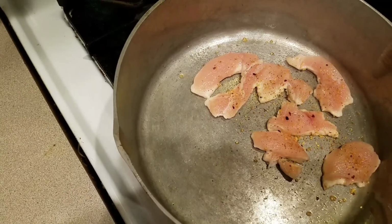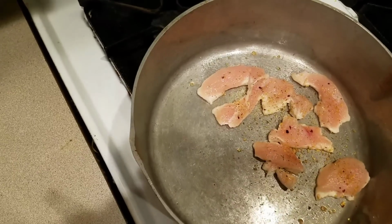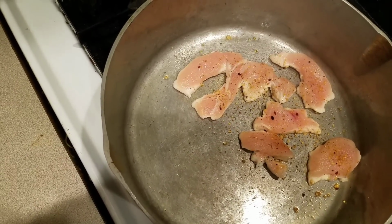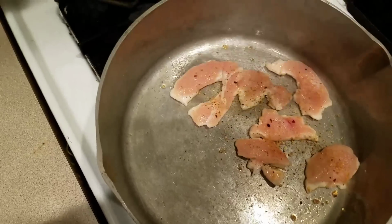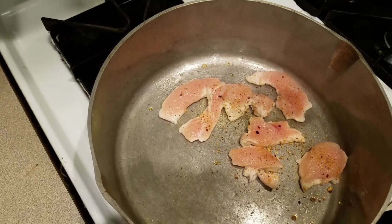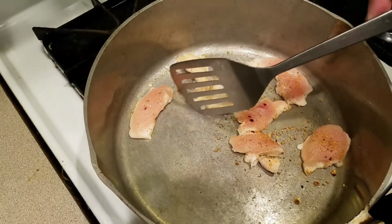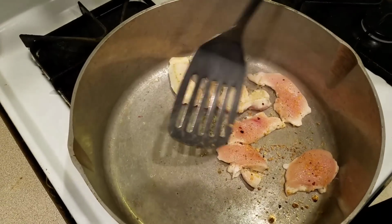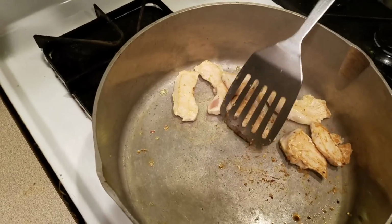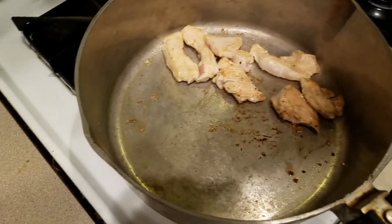Now I usually watch for them to start turning white like that. That's the other reason I like cutting them up first, is because it cooks a lot faster. I mean, this is really a quick, quick, easy meal. That's part of the reason we want it. It's flexible. That's why we use it. Get them to that point, get them flipped over. You add in